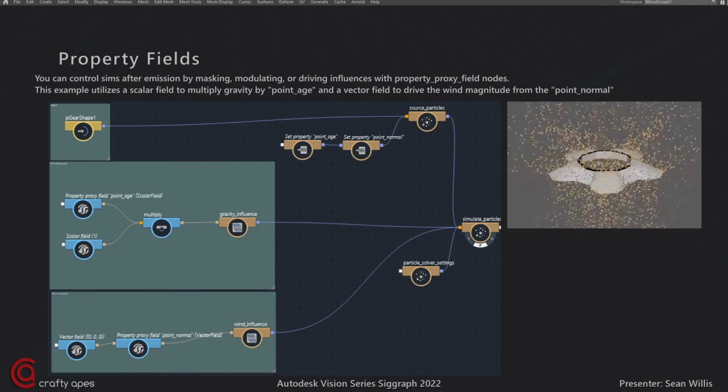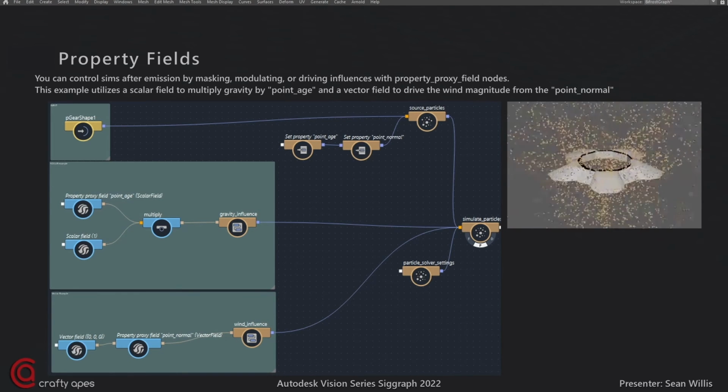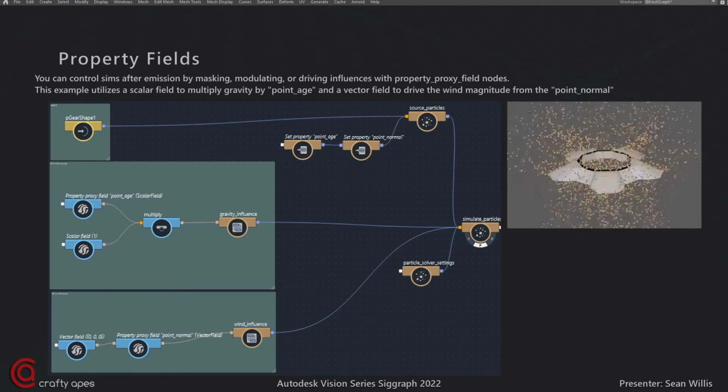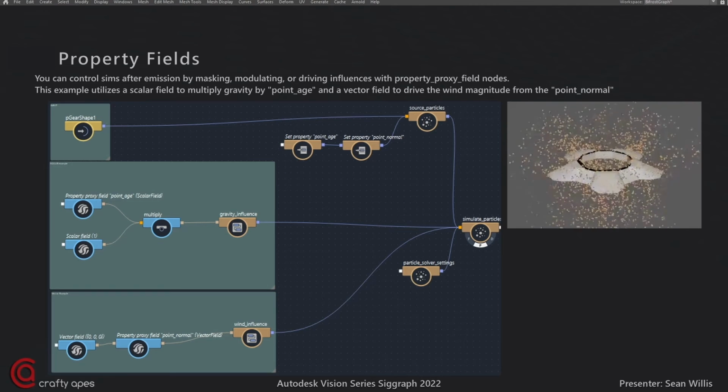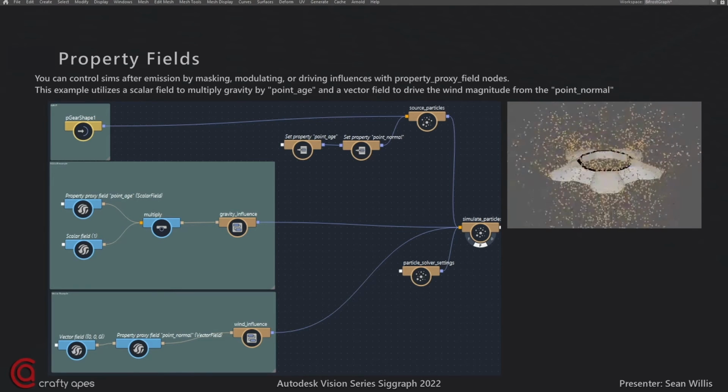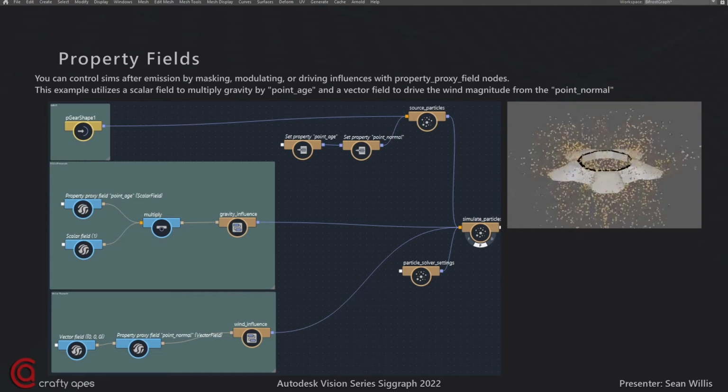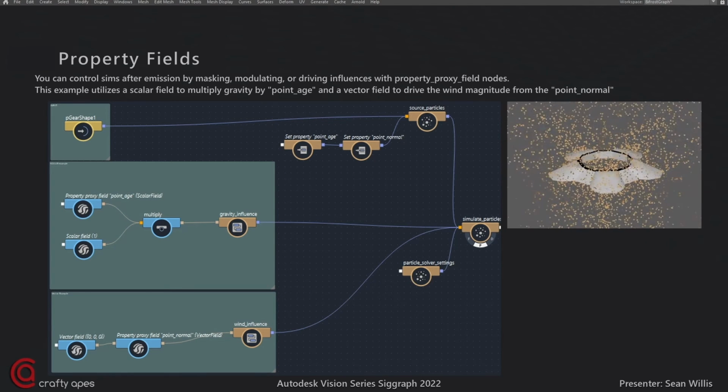Property fields. So this is one that I don't really see anywhere on the internet or in tutorials. There was something in the Bifrost Discord, but I want to bring more visibility to it, which is changing simulations after the particles have been sourced by properties. So you can use the property proxy fields, and the screenshot shows you how to do it, where you're changing things based off of stuff after the initial sim. Because these are all on the source particles. But if you want to animate or modulate or change something after the fact, this is how you access those properties, and this is how you do it. You just have to make sure that they're plugged into the additional properties on the source particles node.